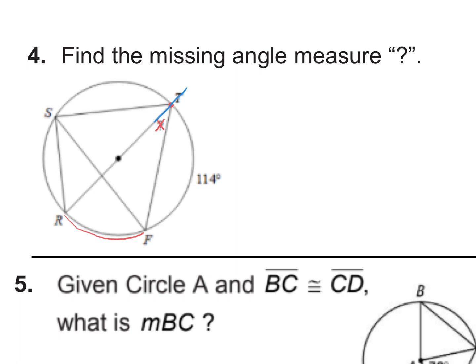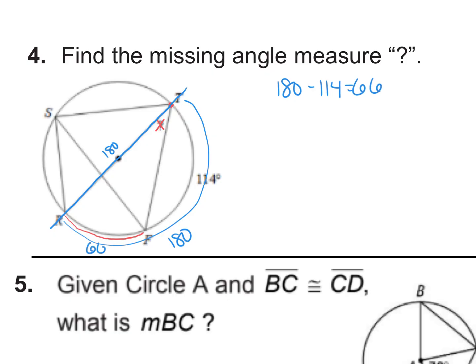Correct. I have this line right here that goes through the center. What's that called? Diameter. How many degrees is that line? 180, which makes its arc measure also 180. So from here to here is 180 degrees. So how can I find this arc measure that I'm missing? 114 from 180. 180 minus 114 is